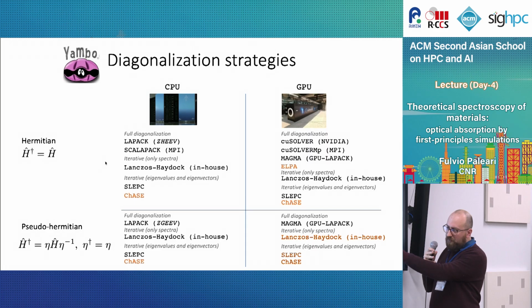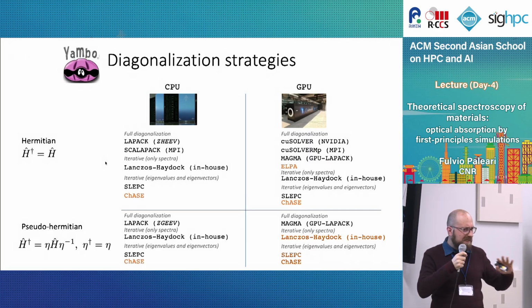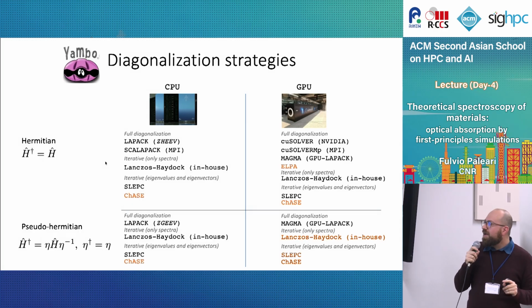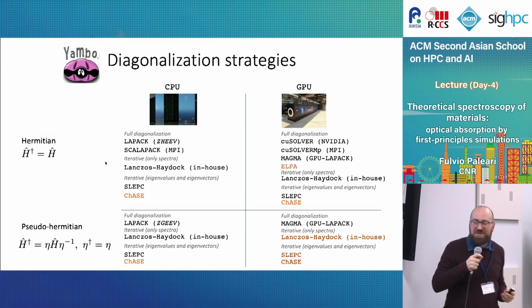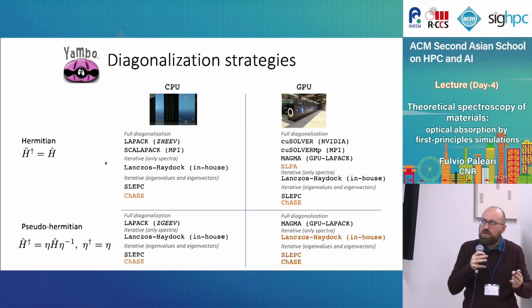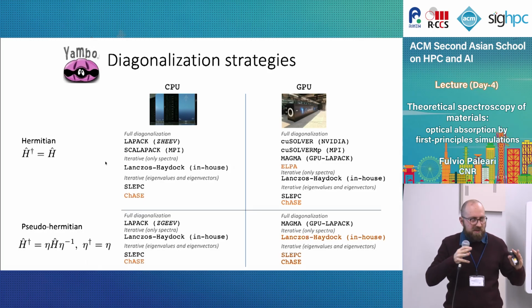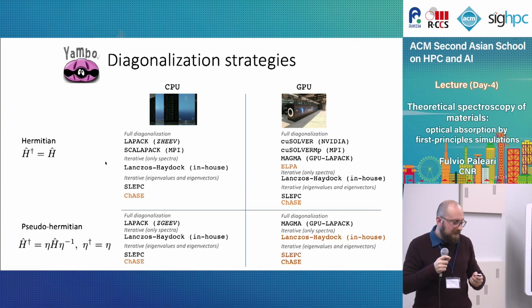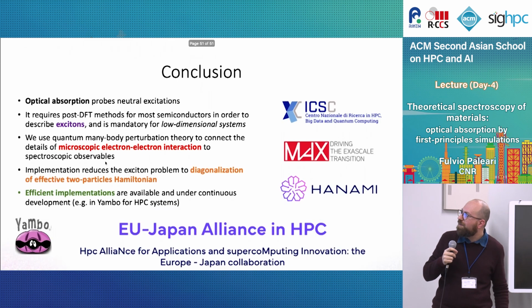And then all these others are in orange because we are still, I don't know if they are released properly, and some are in the testing phase. So hopefully in the future, all these, or even more, will be available as strategies to diagonalize the matrix. Of course, you have to decide what is best depending on your system, or the specifics of what you want to calculate and of the machine that you have. Okay, so that was the last slide, I hope.